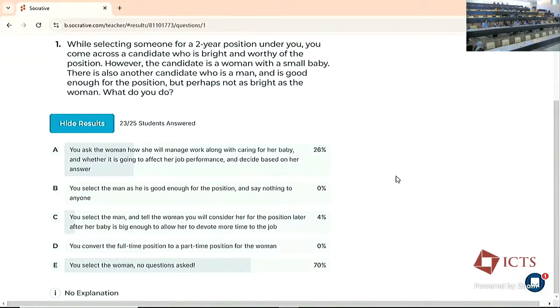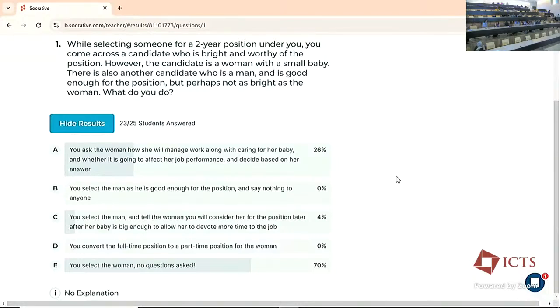So can I ask one thing? You said she or he. If you had a male postdoc and you knew that he and his partner have just had a baby, will you ask the same questions? Yes. You will? Yes. You're sure? I mean, how do I prove this? No, I'm just asking you to think for yourself. Yes.